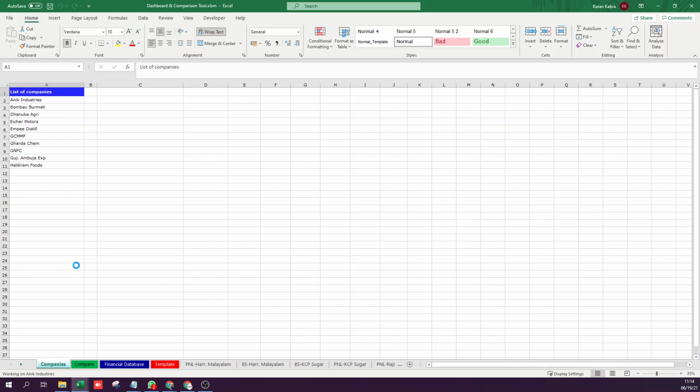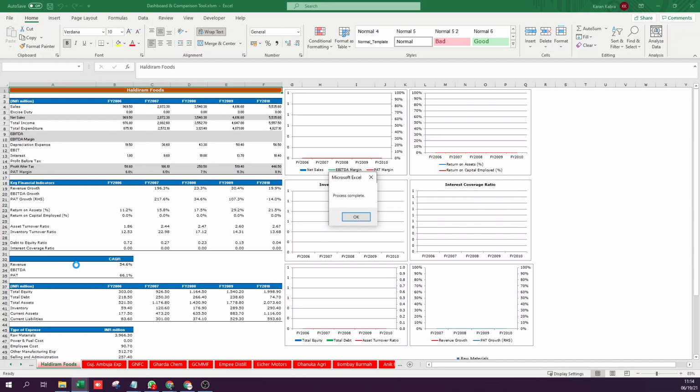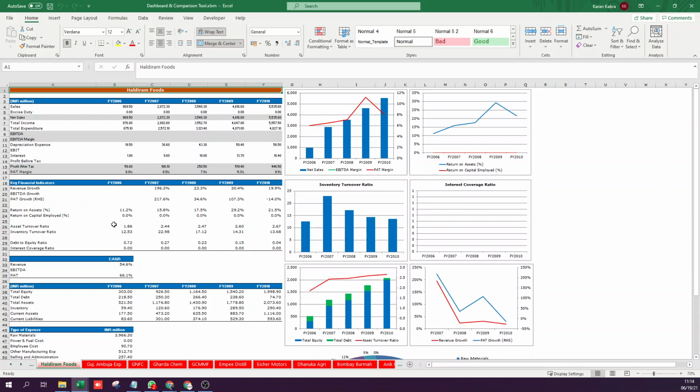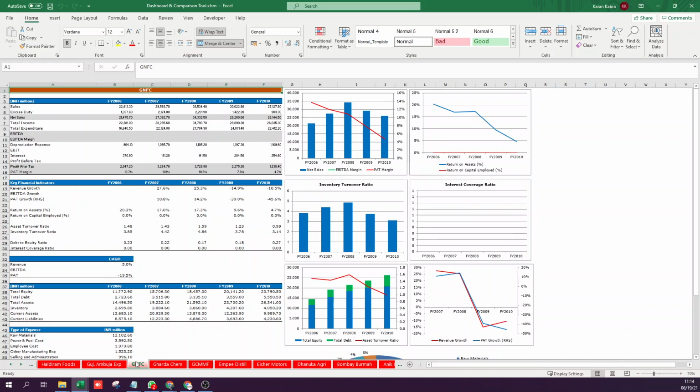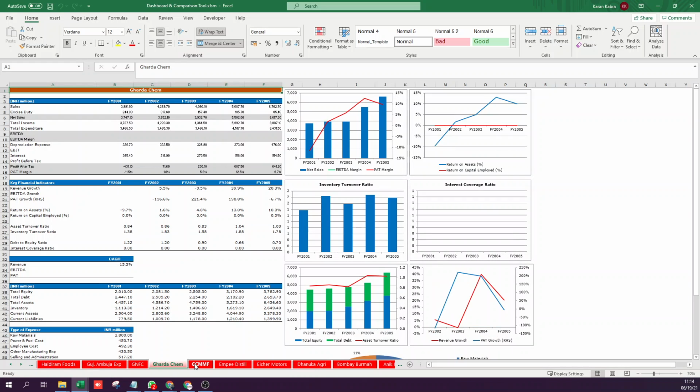So Vikrant, I can see your question. Is it possible to integrate Gmail using macro? No, it is not possible. So through Excel, you can only send the email through Outlook, but obviously in Outlook, you can configure your Gmail ID. That solves your problem. See, these are the various companies.